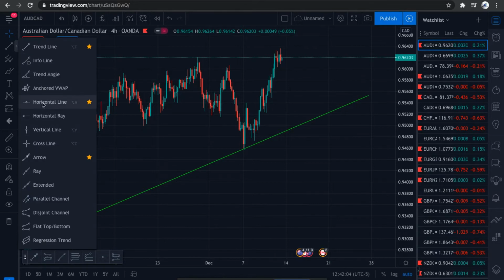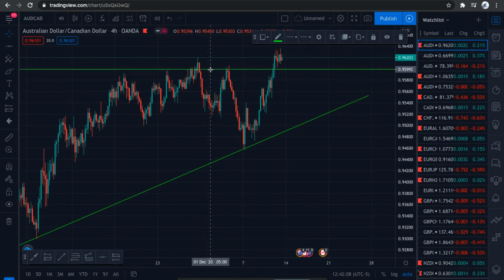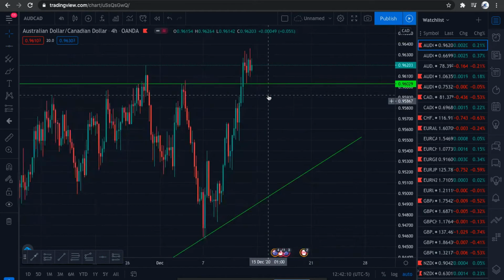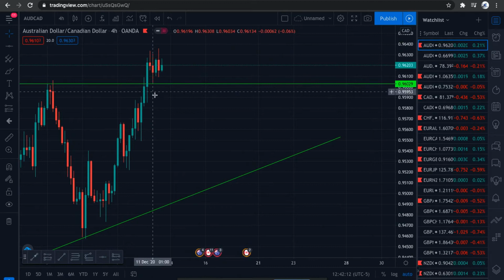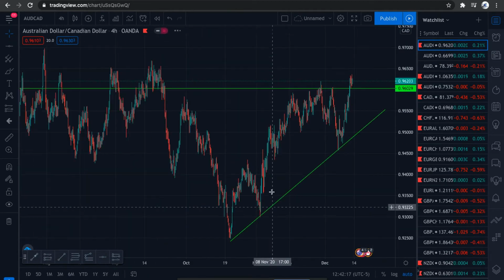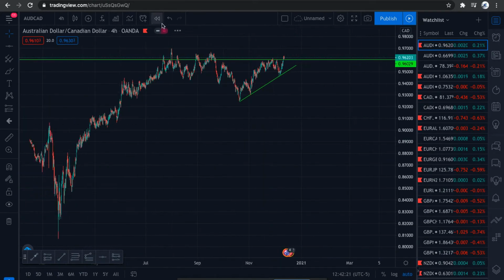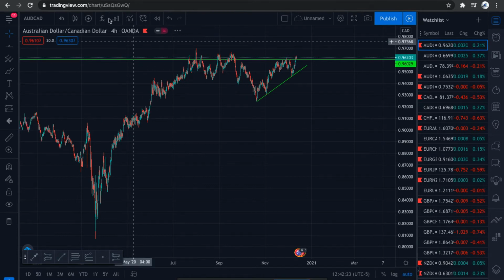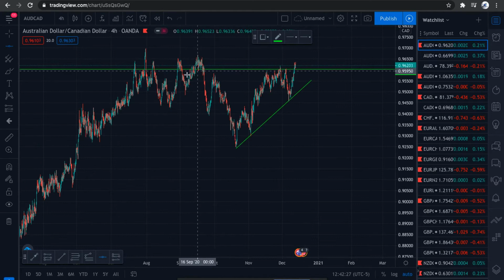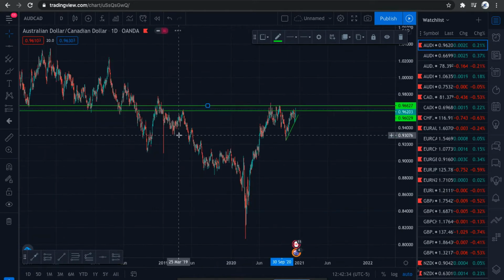So actually, if you see right here, we've had a level be broken. These highs were broken here. And as you see, it's actually already kind of broken, retested, and taken off. So what I'll be doing now is just looking for an entry on the 1 hour. But before I do that, I want to figure out what I'm aiming to move up towards, the next level. The next level above this one would be either here, or if I zoom out onto the daily chart,